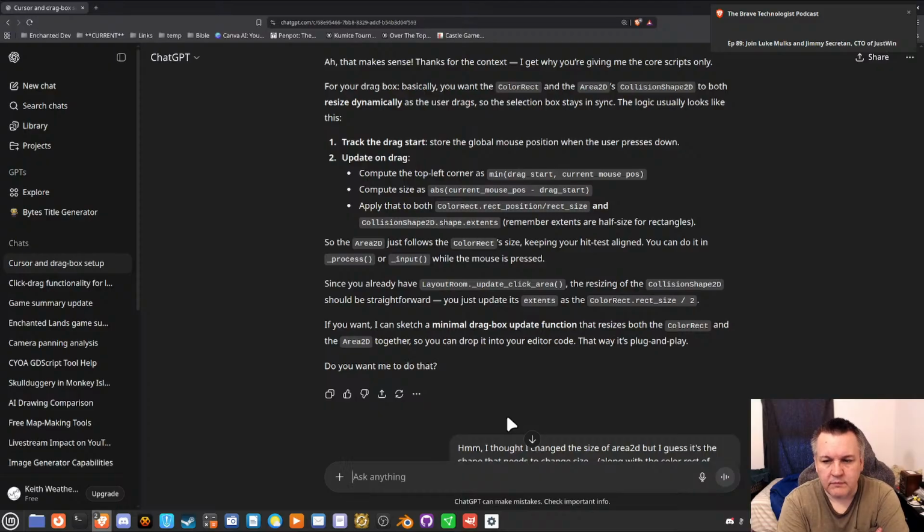Right. Oh, yeah. User presses down. Okay, that's when it's moving. When it's moving, so it'll be is dragging is moving. So in process is where I'll do it, I guess. Where I will compute top left corner, which is actually it'll be position, I think.